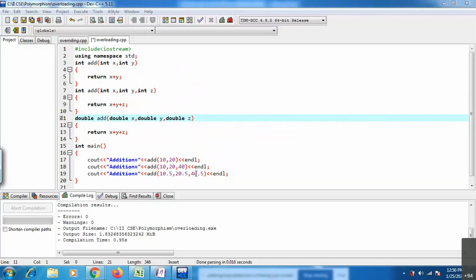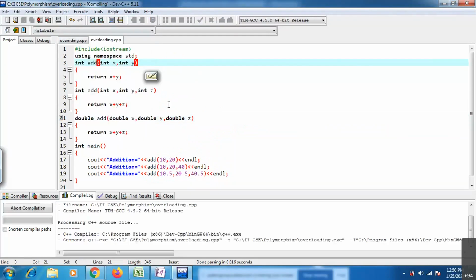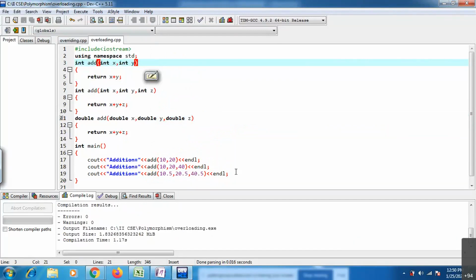While compiling this code, if it is function overloading, what happens? My compiler knows which function I need to call. If I call like this, at the time of compilation, the compiler gets to know which function is going to be called. Your function call is going to associate with the function definition.